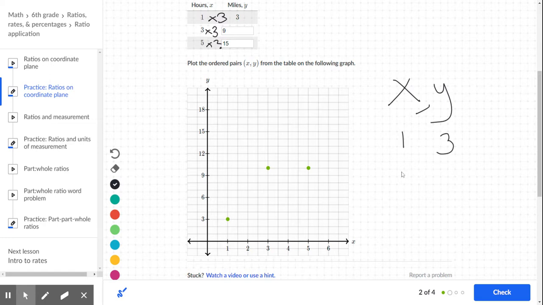On the second one, my ordered pair was 3, 9. I take my 3, make sure I have my dot over here where it's at, but then for my y, I need to go up to the 9. So now I have plotted 3, 9. My last one that I'm plotting is 5, 15. So I go over to the 5, boom, and then I have to go up to 15 to represent my